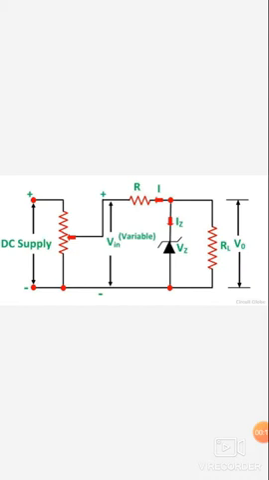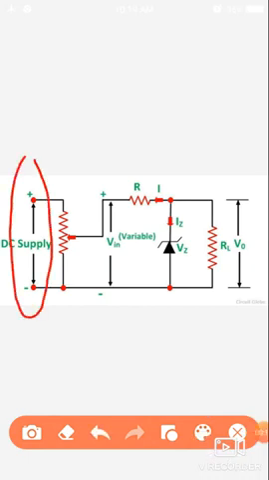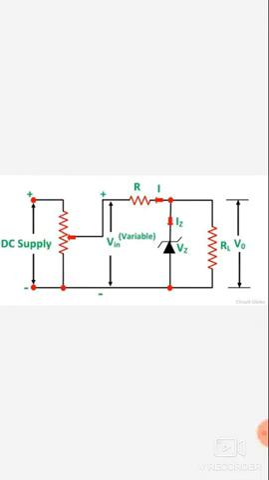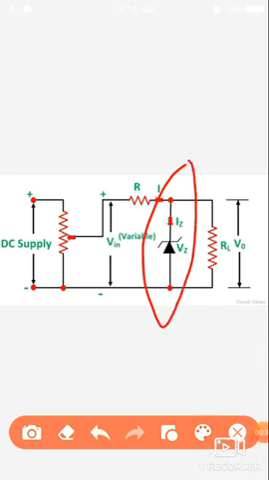Here, a DC power supply is used, and for variable potential we have a rheostat, which gives us variable potentials, and a Zener diode is reverse biased here, and the load resistance is equal to RL. Now what will happen